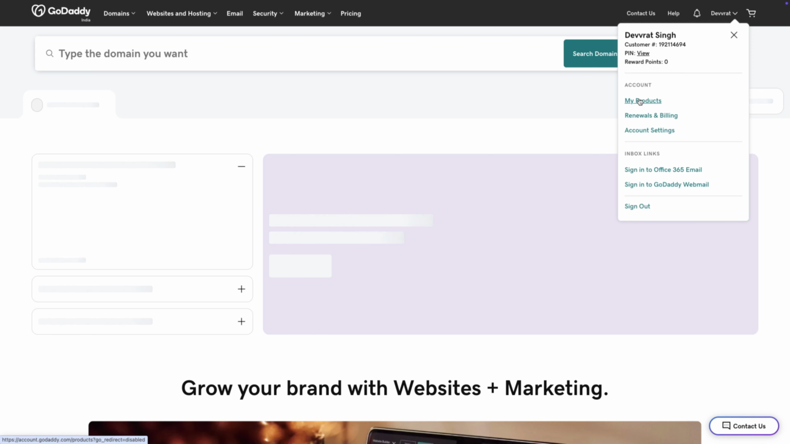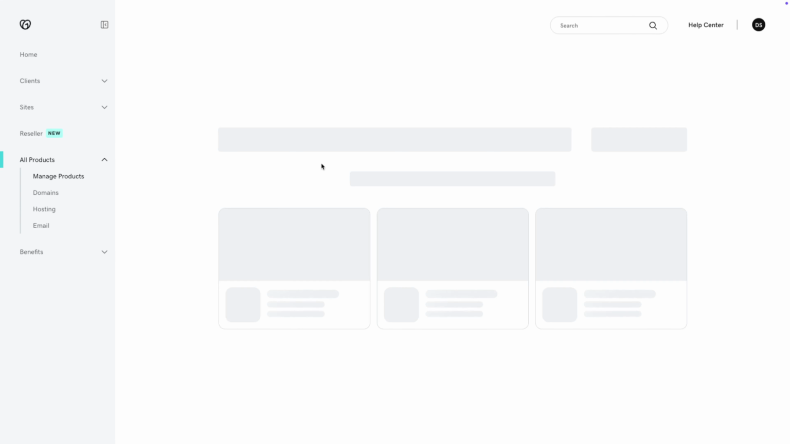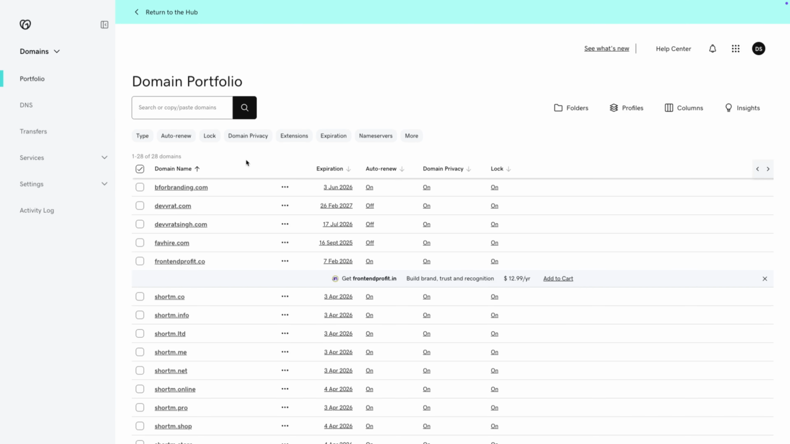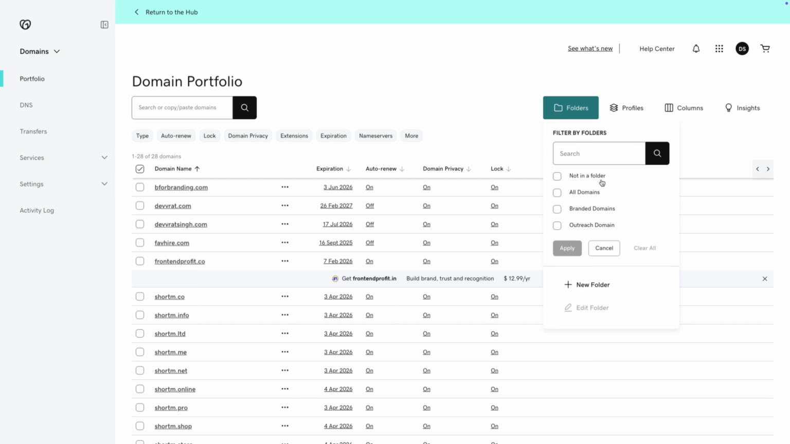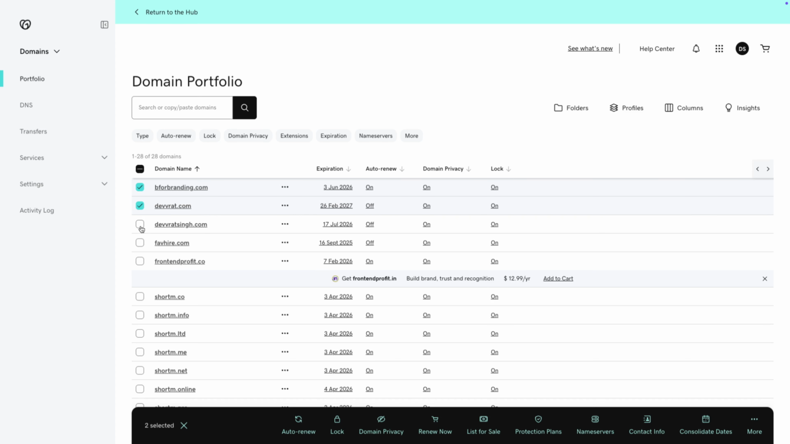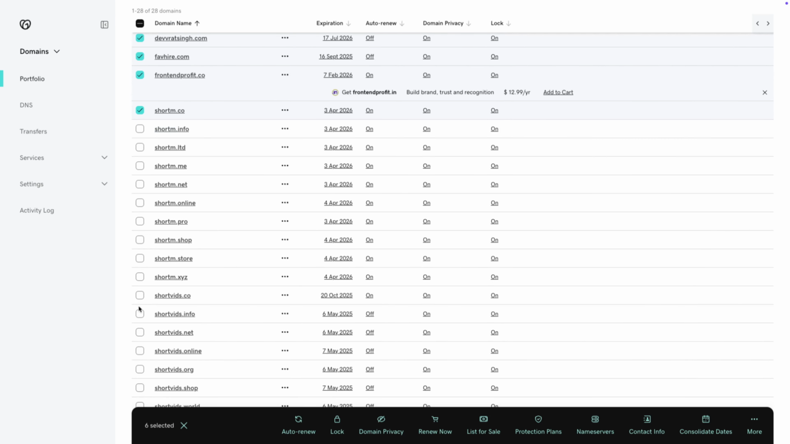Then you come on my product and you have to do one thing, which is to turn off your auto renewals. This is a very important process. You don't want all your products to get into auto renew. So in this case, let's say I have my folders, which are my primary domain, outreach domain, branded domain. For example, my branded domains are devratsingh.com, 5hire.com, frontend profit, shortem.co,